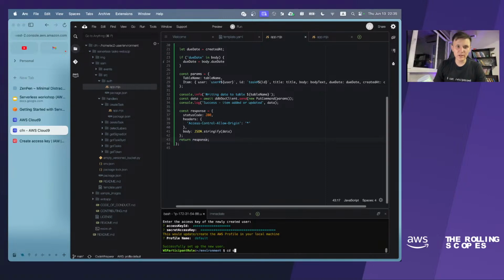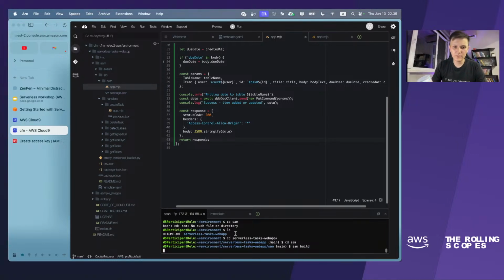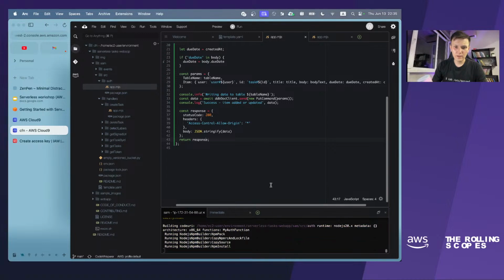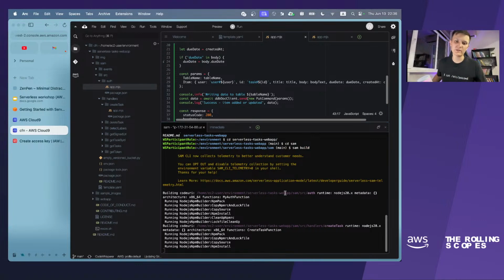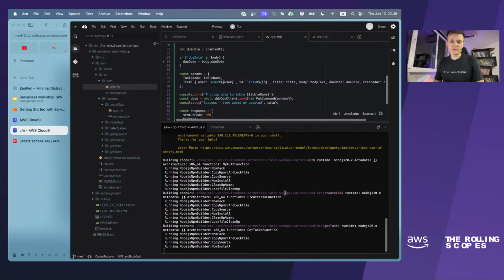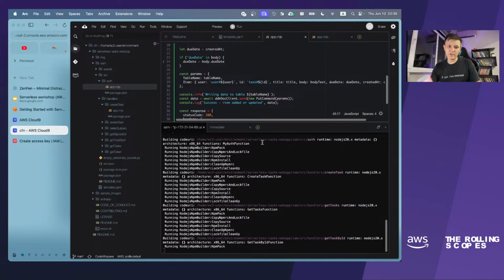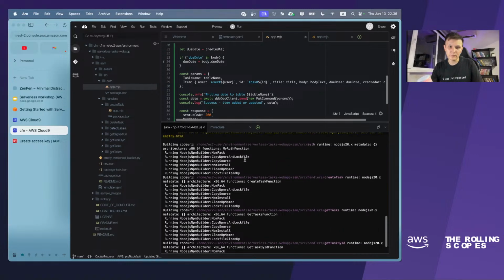Let's go to the SAM directory and type sam build, and let's wait for a while, SAM is doing its magic. So what does SAM do in that step? SAM will transpile its templates to CloudFormation, and also it will build your code.